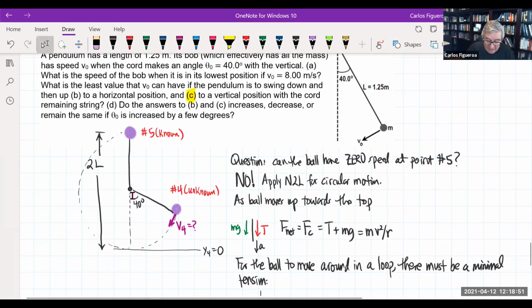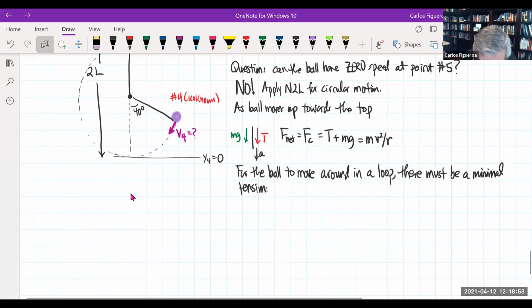And so what we said here is that we calculate this critical tension. We calculate this critical speed here. And what we found here is that there's this critical value